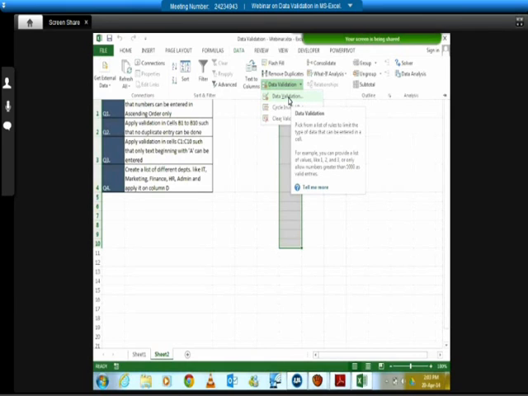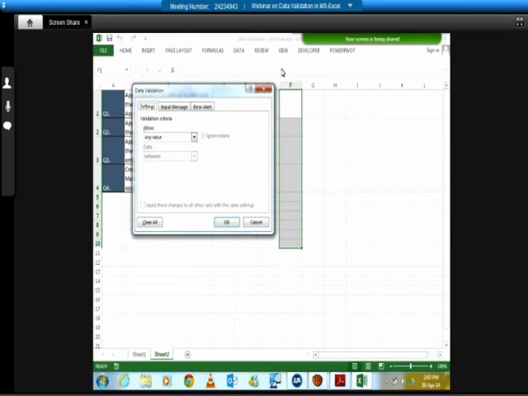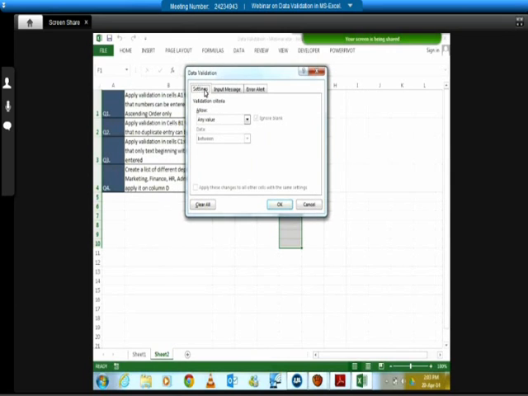So once we click on Data Validation, you will see the first tab is Settings, the second tab is Input Message, and the third tab is Error Alert. Now, Input Message and Error Alert are something that you may or may not provide. They're very much optional. But what we are going to work with mainly is the Settings part. In the Settings, if you look at Allow, right now it's written Any Value. Any Value means I can enter any value in those cells. That is why in Excel, when you're working, you are able to enter a number, a decimal, a date, a character, anything, whatever you want.